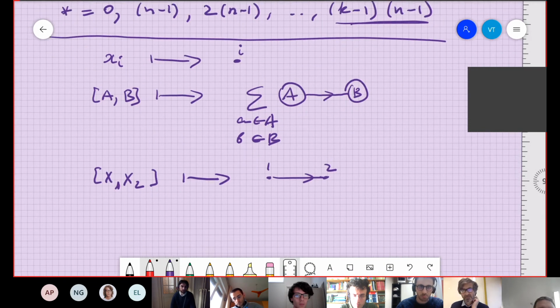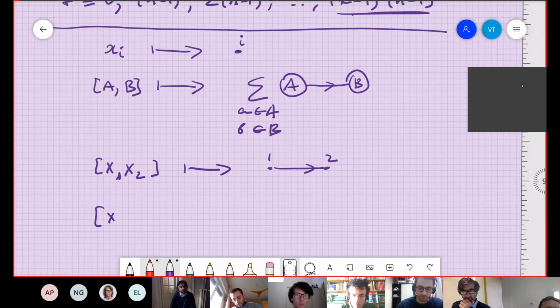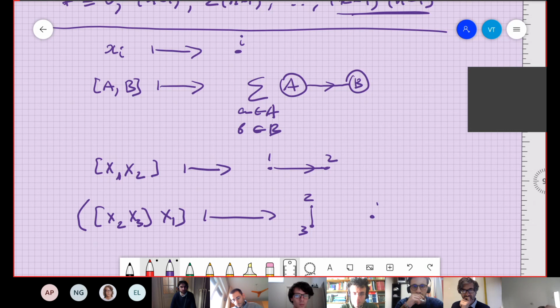But when we have, say, the bracket of x2, x3 with x1, we define it iteratively. First, for 2 and 3, we know that we are going to get 2 and 3, and then we need to connect 2 and 3 with 1. And there are two ways to do it. So we put this edge